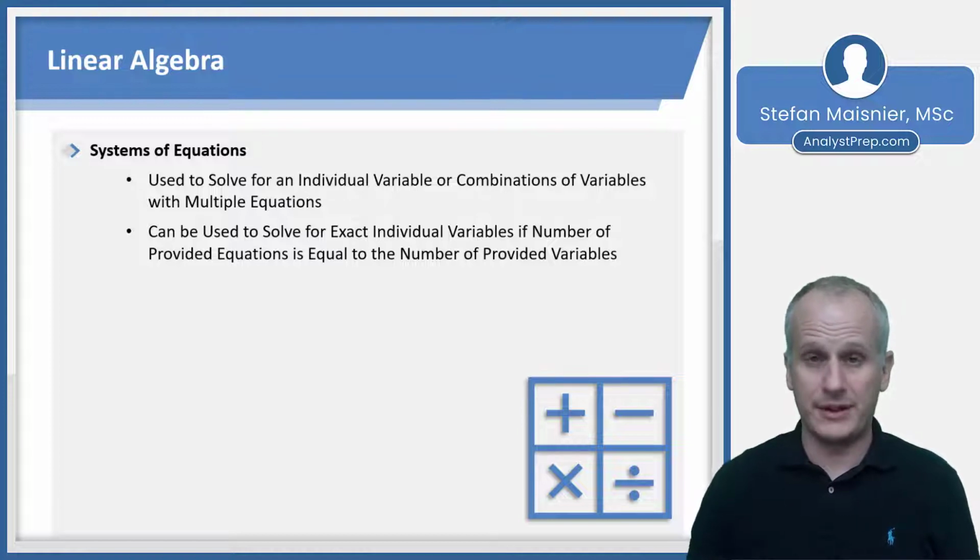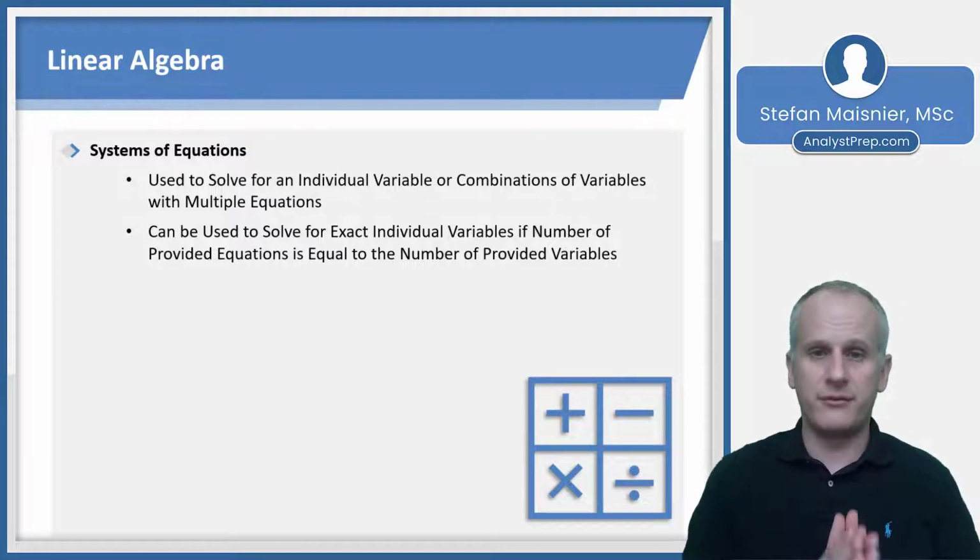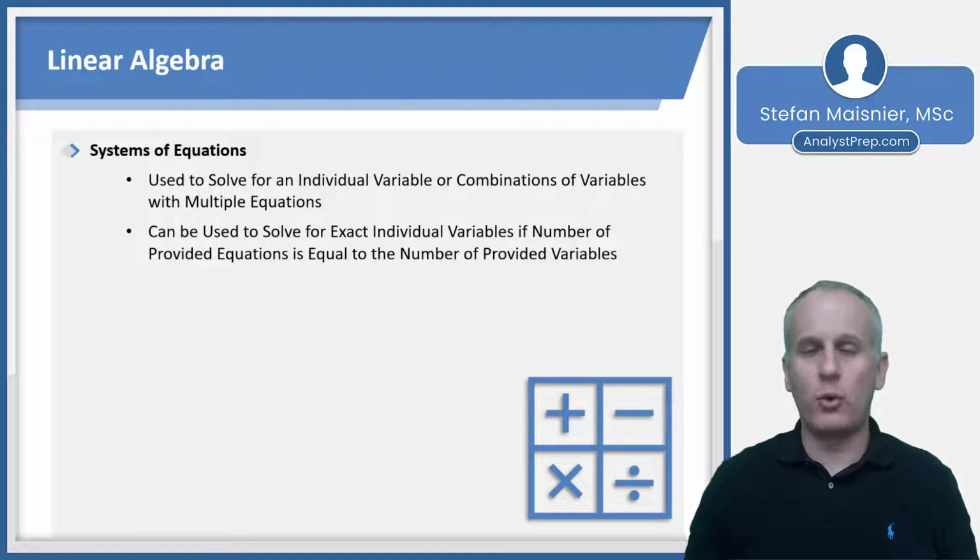And we've talked about this in other lessons as well. If I'm trying to solve for one individual variable, one unknown, I need one equation. If I'm trying to solve for two unknowns, I need to have two equations. If, however, I'm trying to solve for 74 unknowns, theoretically, I need 74 unique equations. So if you have the same number of variables as equations, systems of equations might be the most efficient path